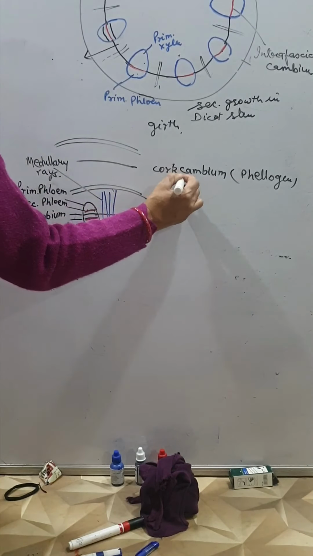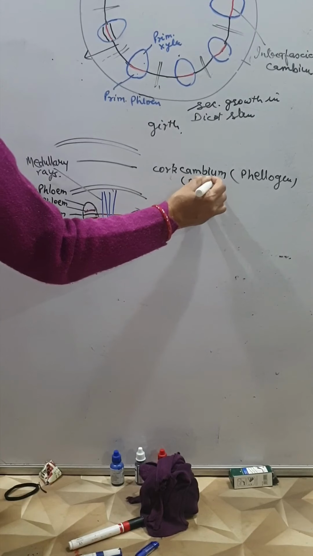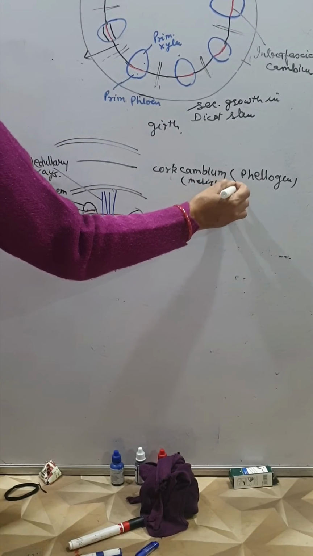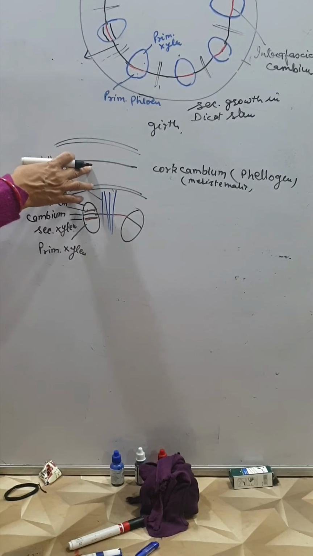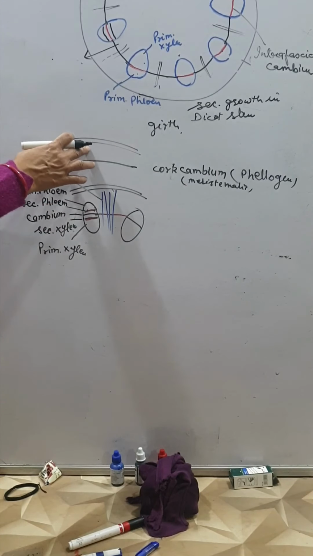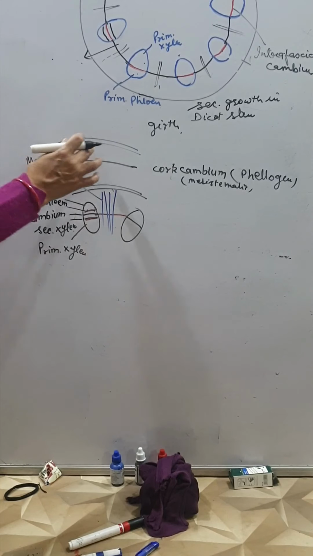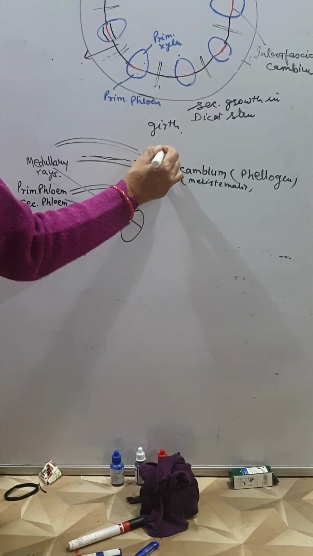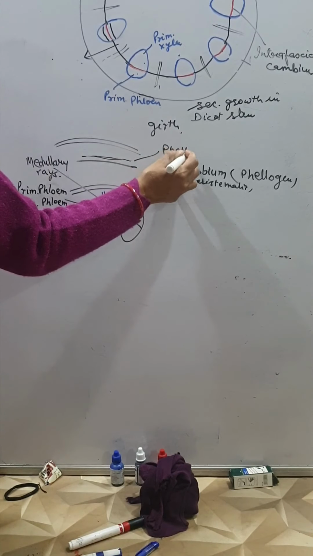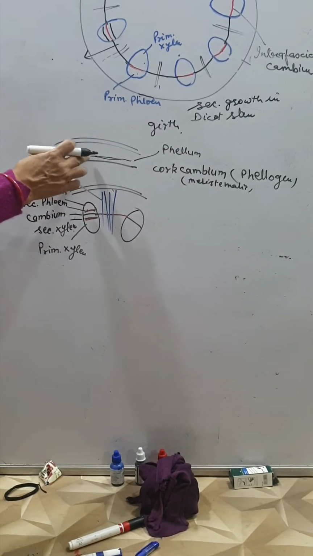This is meristematic in nature. It gives new cells to the outside and the inside. It forms the phellem tissues on the outside. Here the new tissues are formed. This is the phellem. And the inside it